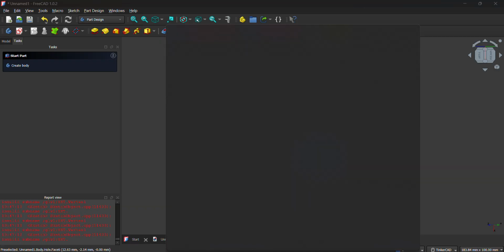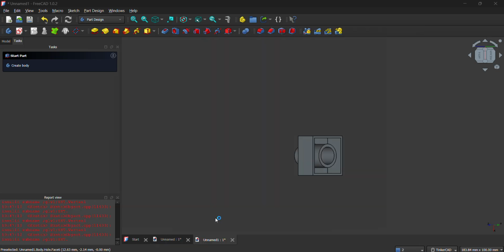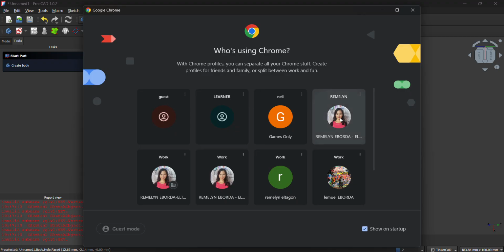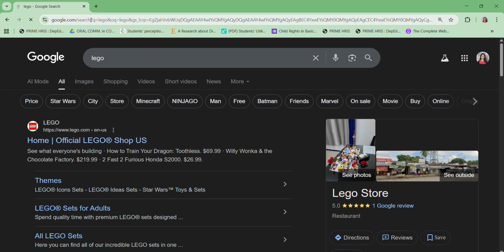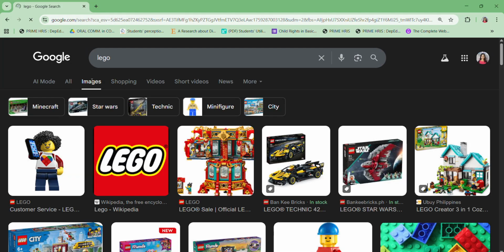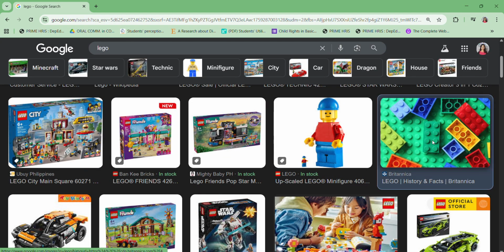Okay, let's see if I can find a photo at Google. Okay, Lego. Okay, this one.